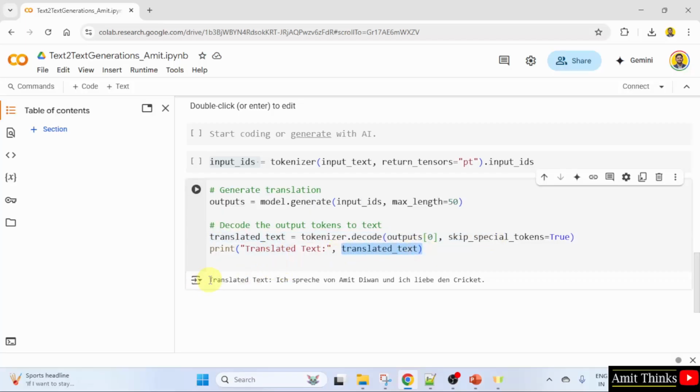So here is the output. Translated text: my name is Amit Diwan and I love cricket. So here it is translated to Spanish. So in this way guys, we can perform translation